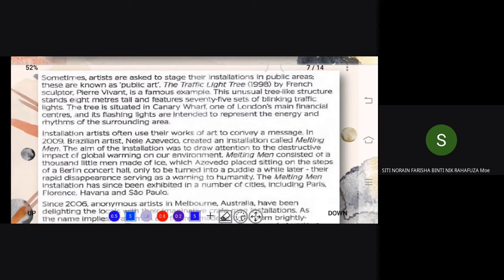This unusual tree-like structure stands 8 meters tall and features 75 sets of blinking traffic lights. The tree is situated in Canary Wharf, one of London's main financial centres, and its flashing lights are intended to represent the energy and rhythm of the surrounding area.